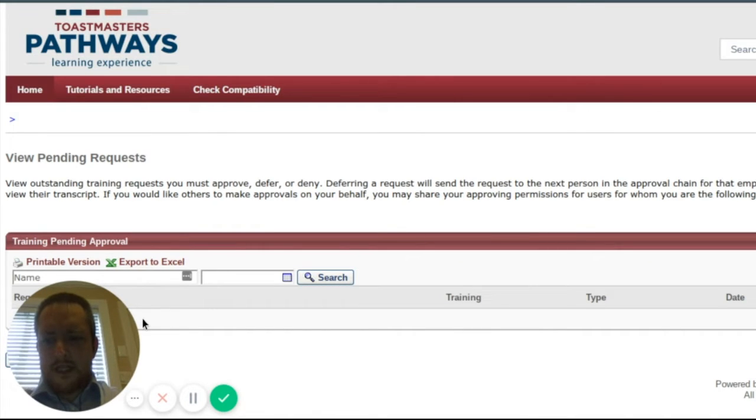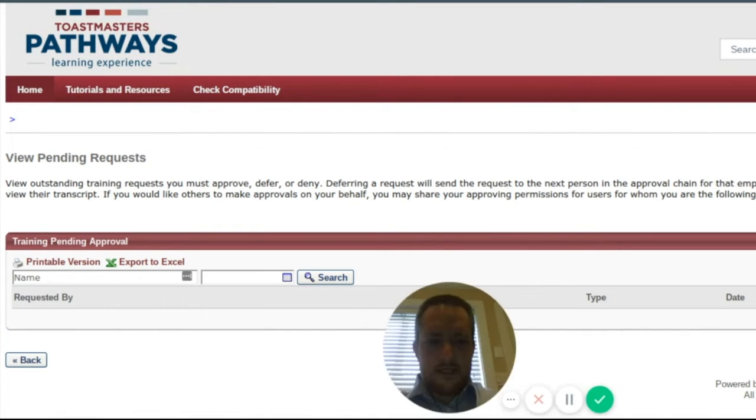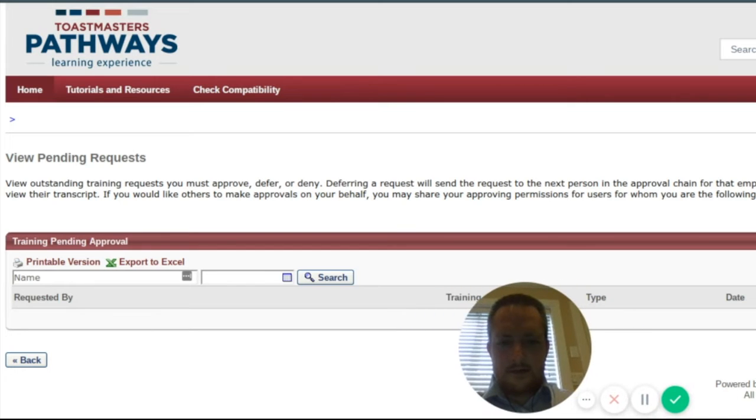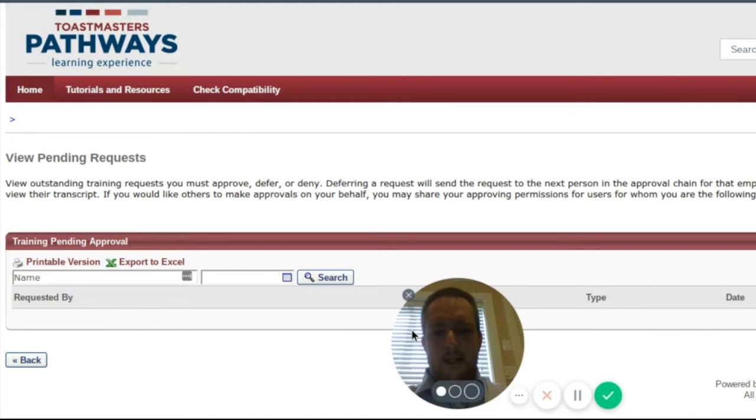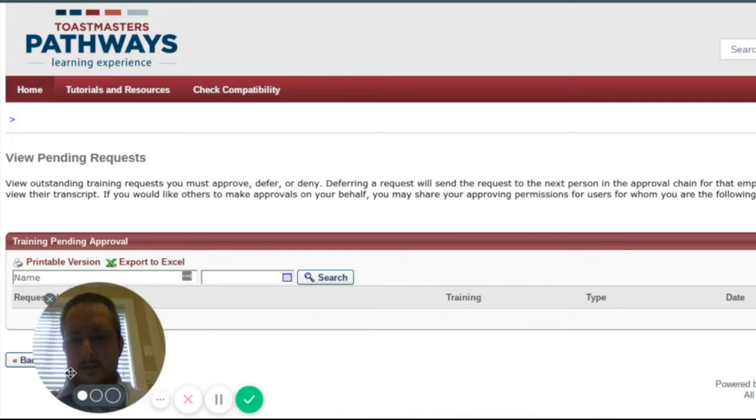If you scroll down, I'm just going to move myself over here a little bit. There we go. You're going to see a line that says requested by, so that'll be the person that requested the level completion to be approved. Under training, you're going to see the actual level that they're trying to have approved, the type, which is usually going to say completed,